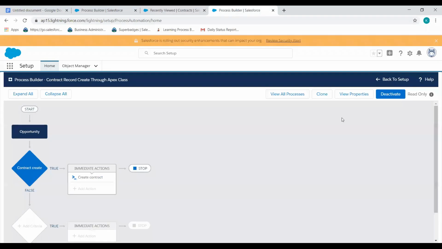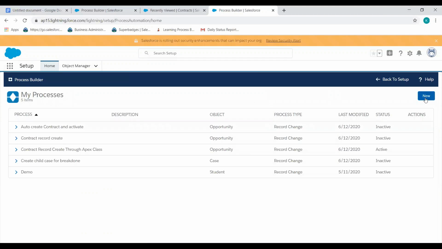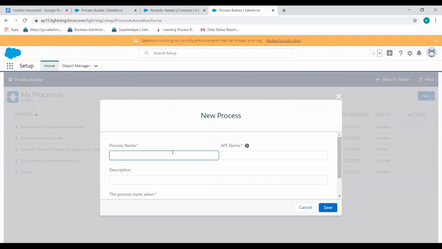Now we'll understand the next action. Go back to setup, process builder, new one. Now we will see the update a record action. So now I have to perform this on account: when I create any account record and I edit any phone number on the account object, then automatically the contact record's phone number will update.